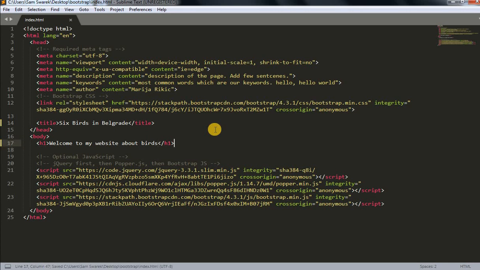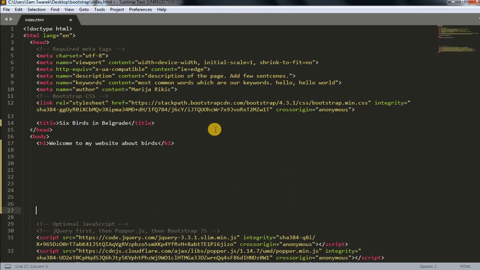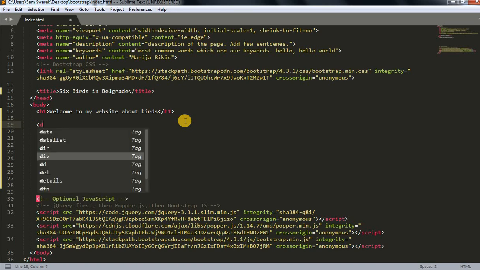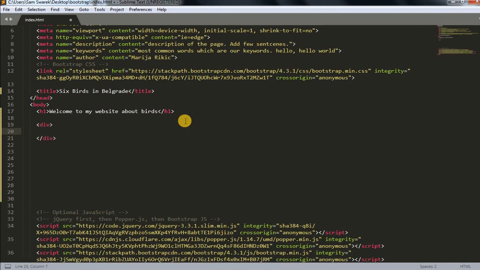Okay, so below that you can add some spaces, because this script should be below the closing body tag. So we're going to place our code for the navigation menu here. First we need a div, a container actually, opening tag div. We're going to create the container first. Okay, we're going to make it fluid,